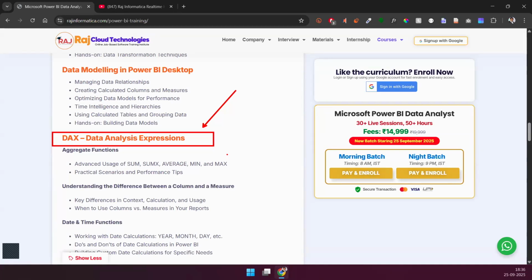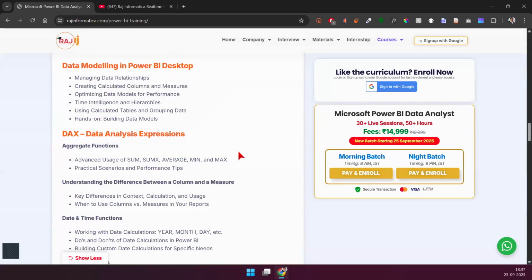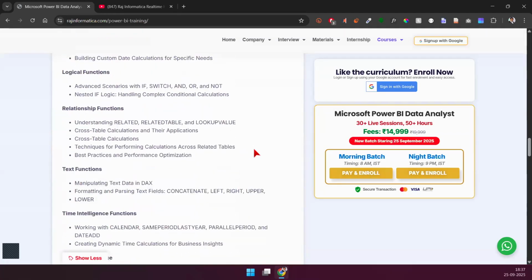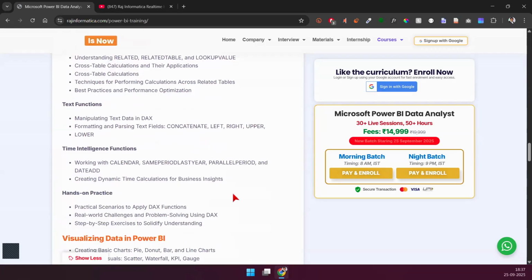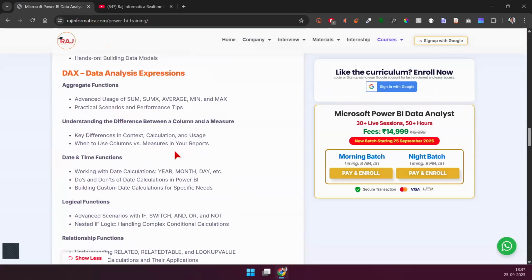This is all that is. So we will learn how to work with DAX. We will understand what DAX actually is and how to approach it. This is going to be an extensive section, and we will deep dive into this. Look at the coverage that we have here. We are going to talk about a lot of different functions, a lot of different ways of creating and working with DAX. DAX is just a formula language, but it gets complicated as you do things with different tables, different data sets. You're trying to look up some information from someplace else. You won't be able to bind this information together.